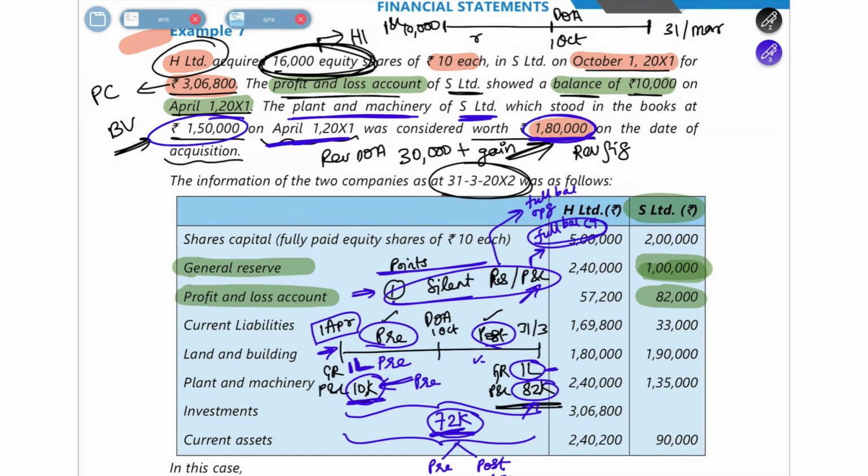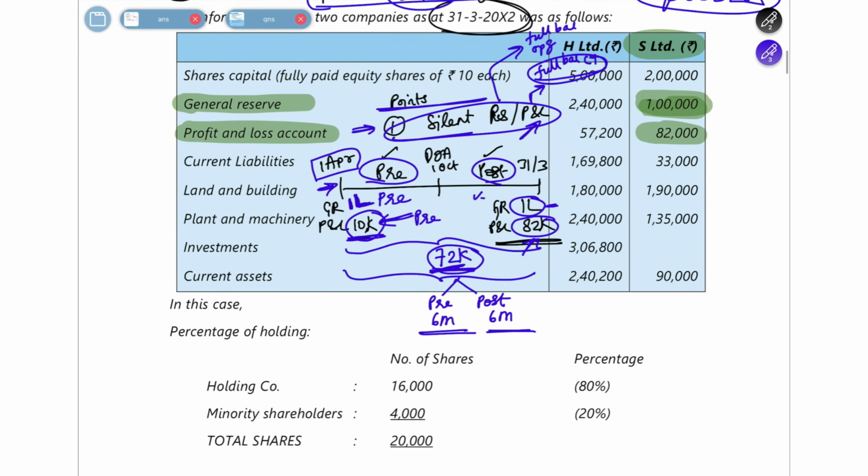Okay, so now here what you have to do is that directly, like I told you in the start itself, I told you that there is a revaluation gain of 30,000, so this will get adjusted, but there is a problem, and this is a mistake many people can make. There is a problem here. The problem here is that, let me make you understand.